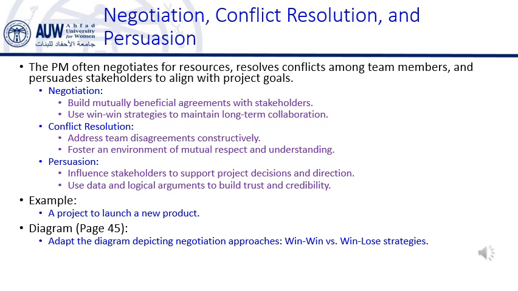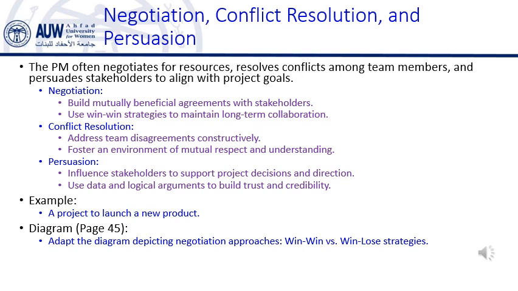In this situation, the PM needs to negotiate with both teams to find a compromise between the campaign's messaging and the sales team's needs. Resolve the conflict by mediating a meeting where both teams can express their concerns, and then finding a solution that satisfies both groups. Persuade the stakeholders, such as the senior management or the client, to approve the updated campaign by presenting data showing how the changes will improve the product's sales potential. Through negotiation, conflict resolution, and persuasion, the PM ensures that both teams are aligned, and the project moves forward successfully.